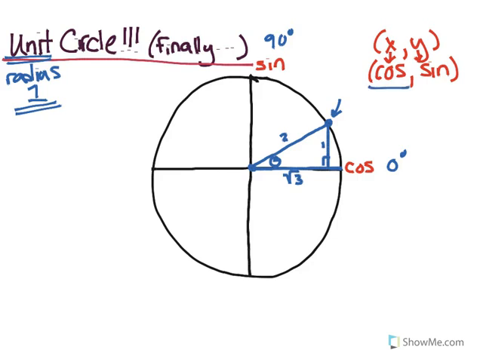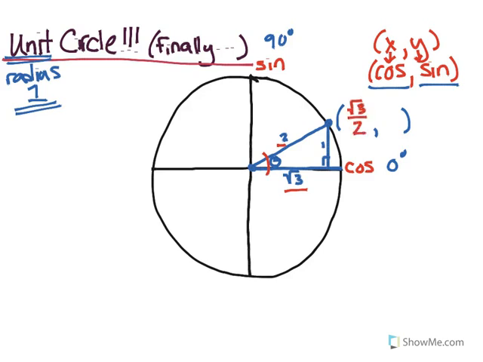Okay, so in order to get a coordinate out of this point right here, we are first of all going to have to get the cosine value of that triangle and the sine value, and then we'll have our first trigonometric unit circle coordinate. So here we go. Let me erase that, and we're going to work this out slowly so that it makes a lot of sense. Cosine, from this angle, is adjacent over hypotenuse. Here's the adjacent, here's the hypotenuse, so it's going to be root 3